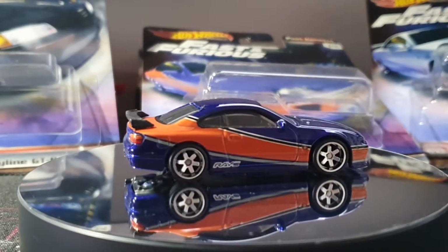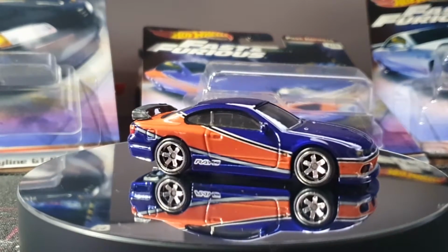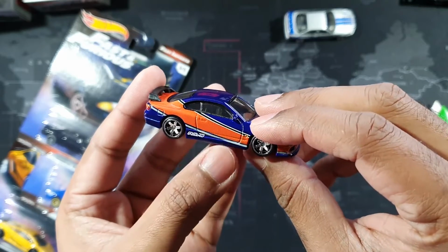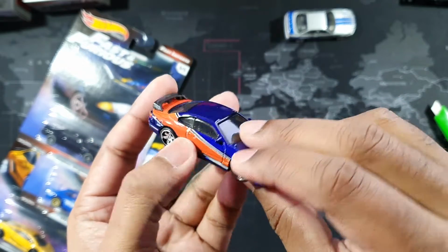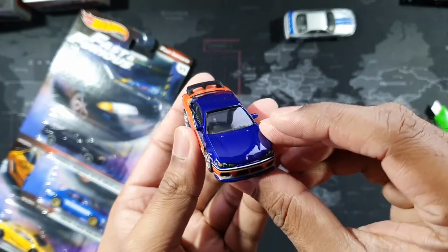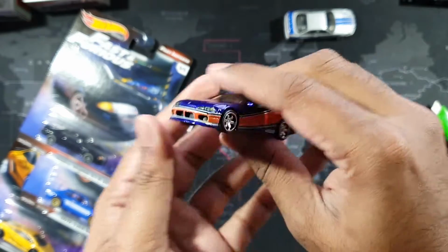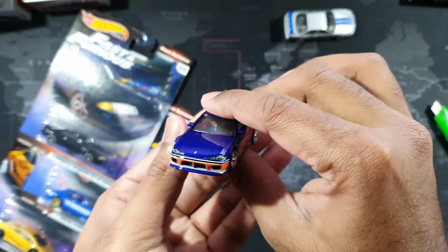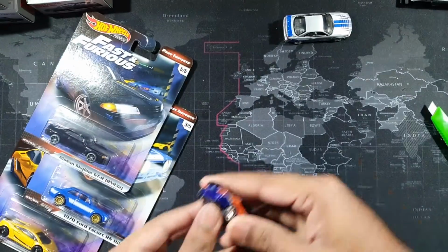Wow, beautiful. I love these 3 color tones. Blue goes with this pinky orange color, it's perfect. Wow, nice. Now I feel like watching the whole movie series again. All right, next,